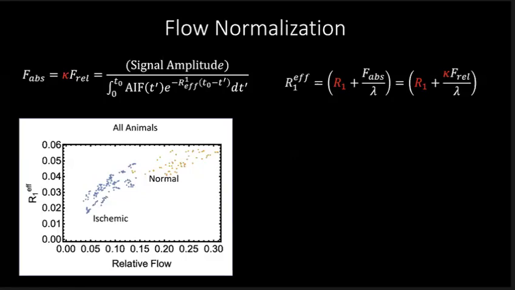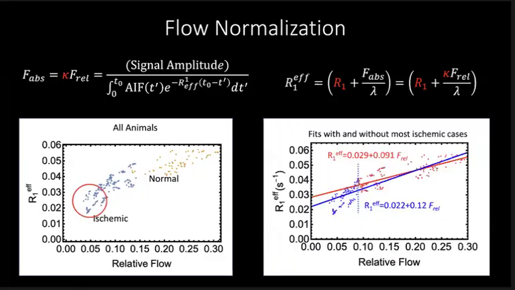What you see here is we're expecting a linear trend. And we see it up here reasonably well, but then when you get to the most ischemic cases, there appears to be some roll-off. So this assumption that we would like to make, that the T1 is independent of flow, probably doesn't hold up. So if you throw away, just arbitrarily as a judgment call, everything below this line, which appears to be sort of the